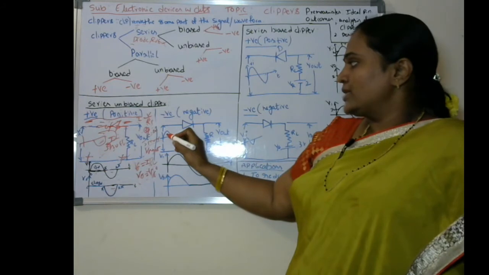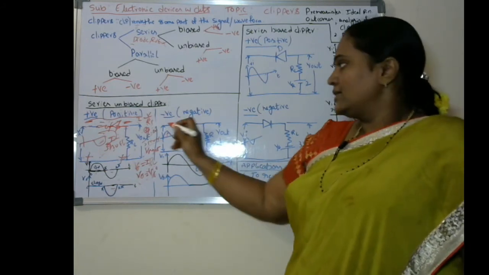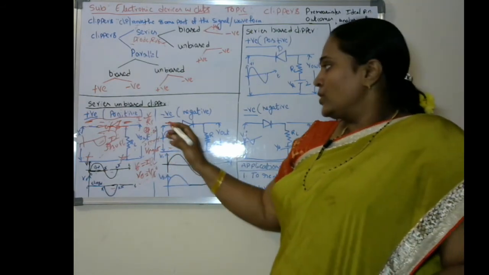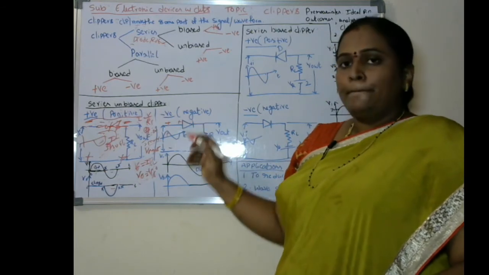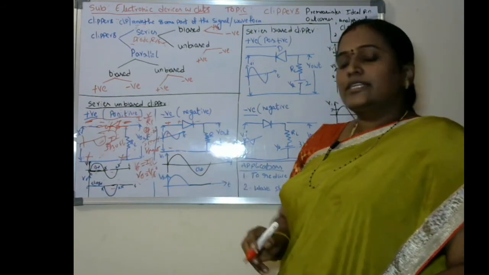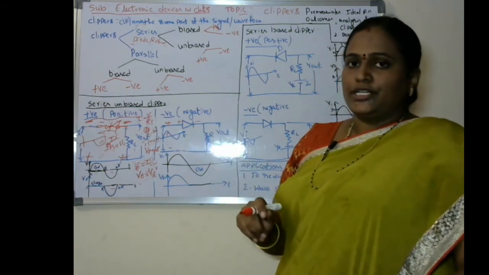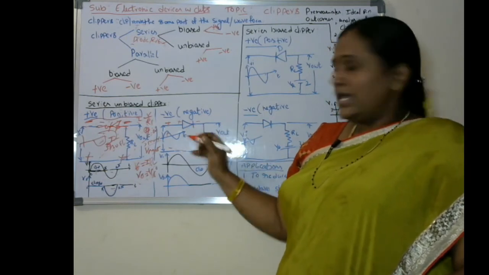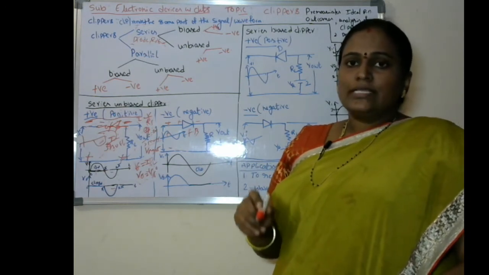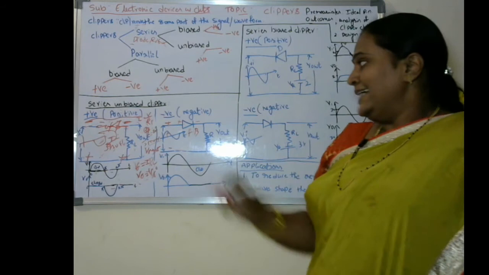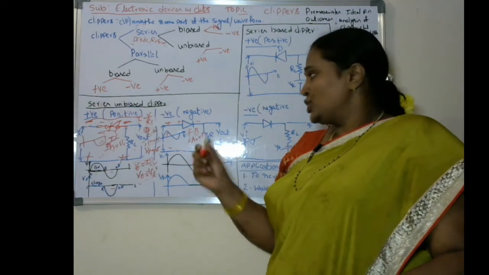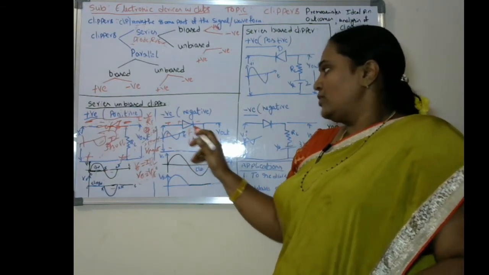The first is the positive cycle. A positive cycle is nothing but here the positive potential, and here it goes to negative potential. So positive has been connected to the P type of the PN junction diode, and negative is connected to the N type, the negative terminal of the PN junction diode. So they have the same polarity, so it enters into the forward bias region. Whenever the diode is in forward bias, it acts like a short circuit. Whenever the diode is a short circuit, the current flows through it.